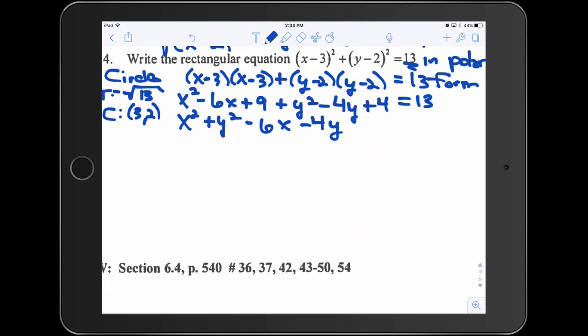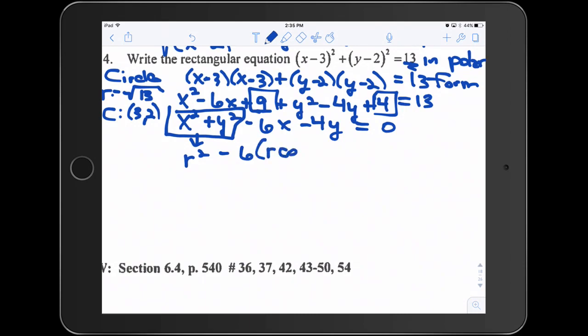Notice that if I subtract 9 and 4 from both sides, you end up with a 0 on the right hand side, which is lovely. Okay, so let's start manipulating things. We know this is now r squared. We know that we can replace x with r cosine theta. And we know we can